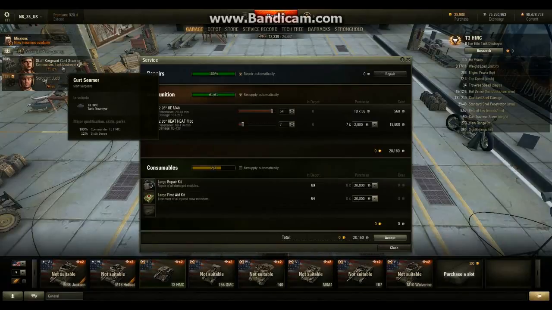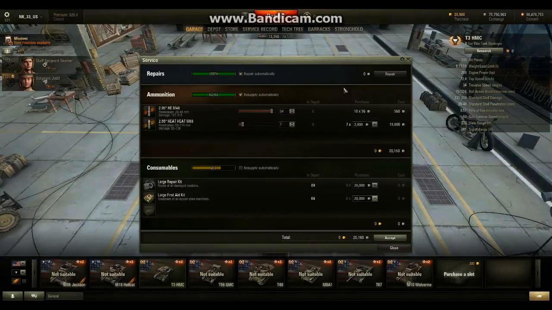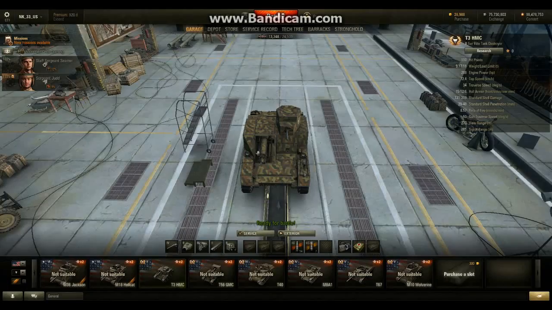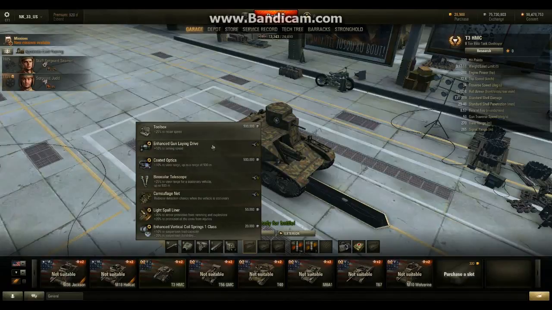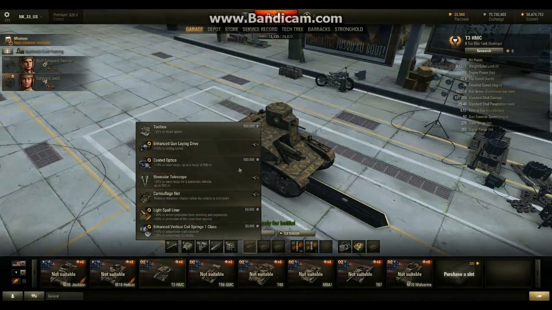Now, this is interesting because this was the crew I had in the T-18, I believe, because I haven't played this yet. So they're probably going to be taking your T-18 and your T-82 crew and putting them in here. Interesting. Let's accept that. I don't think I need that with the 75. Okay, you can't mount a gun rammer. Coated optics are usually good. You can't mount vents. The aiming speed doesn't really require anything, so you might want to try your binocular telescopes, but let's